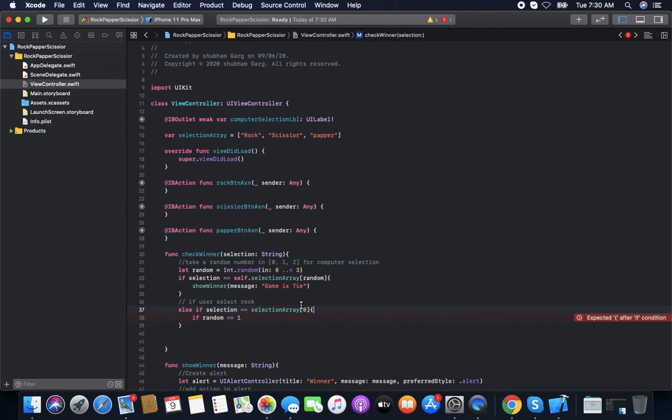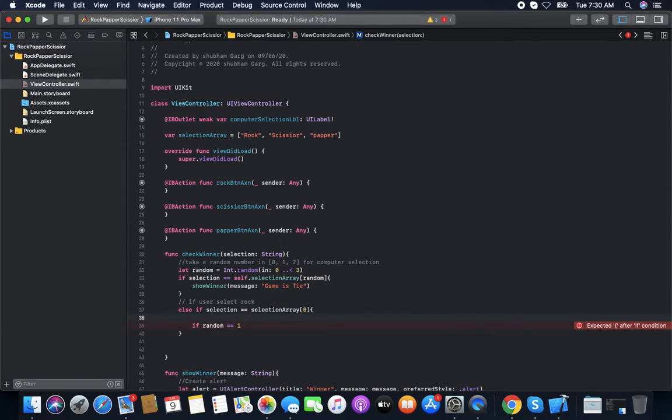User select rock, and rock is at 0 position, scissor at 1 position, and paper at 2 position. So user select rock and computer select scissor.